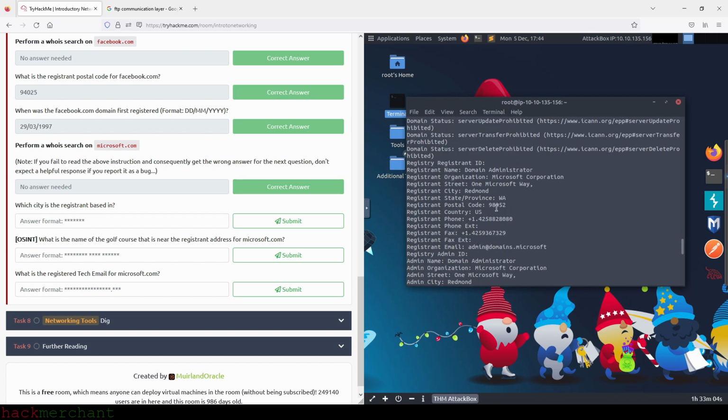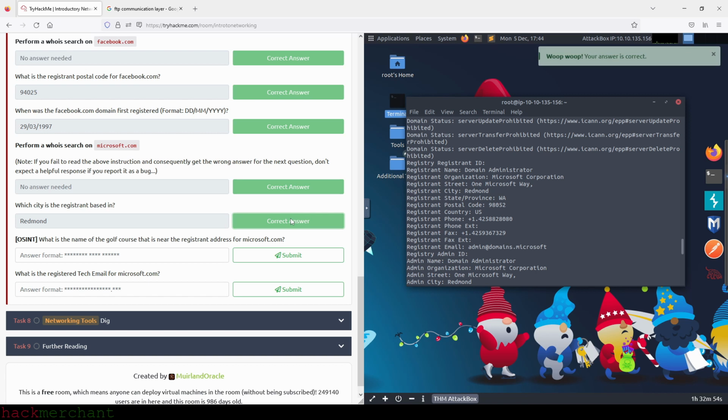There we go. Okay, so registrant city, Redmond. Let's type that in. Redmond. There you go, and we submit. Okay, so next question. OSINT, what is the name of the golf course that is near the registrant address for